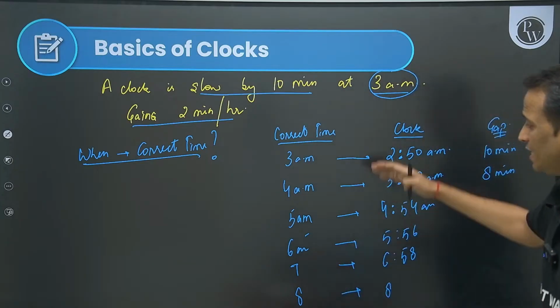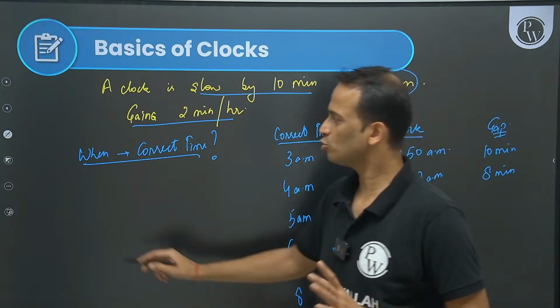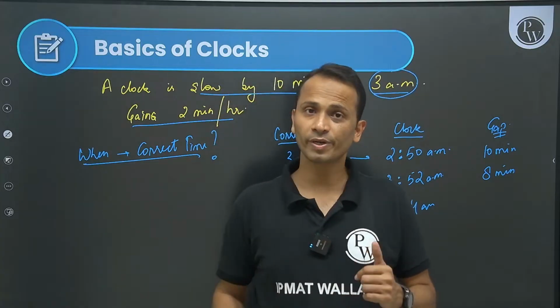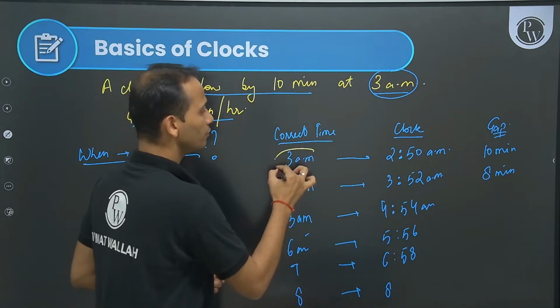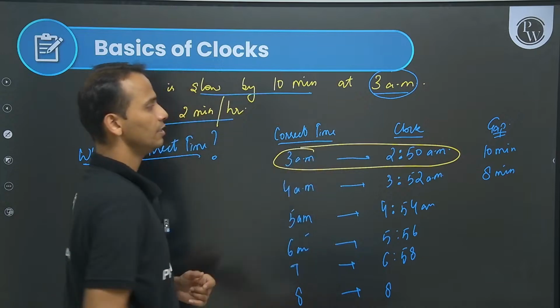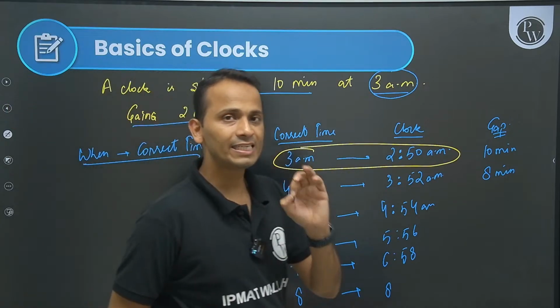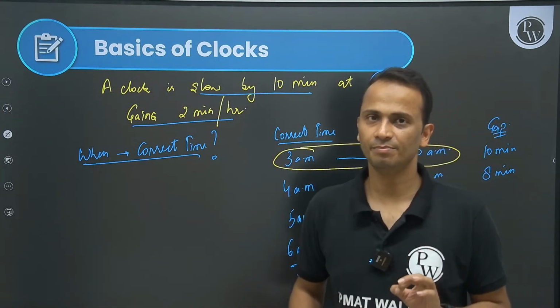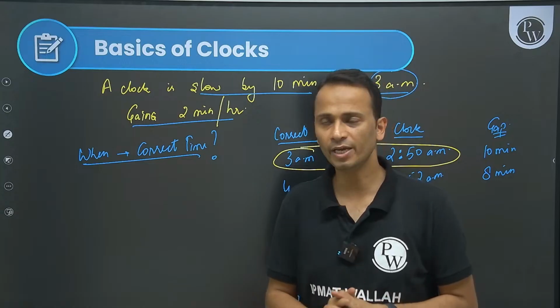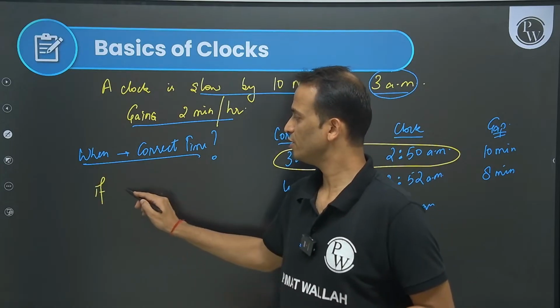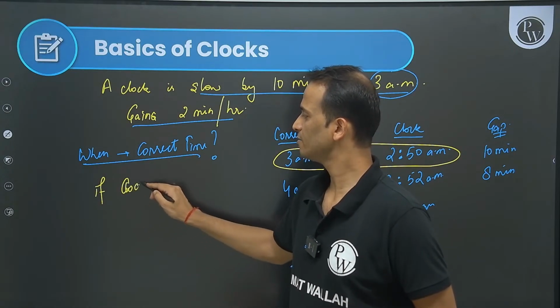Okay? Now you don't need to write all these things, you have to find the answer quickly. So what you can do is observe this particular thing. Now the clock is 10 minutes behind the correct time. 10 minutes behind. Okay? So if the clock will gain,